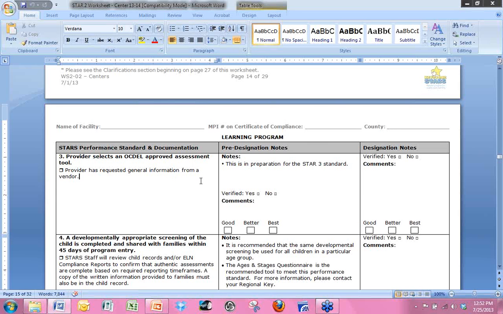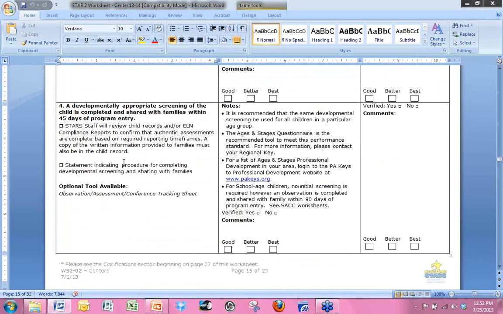Okay. The next one is that a developmentally appropriate screening of the child is completed and shared with families within 45 days of program entry. This is one of the standards that, when we do these cohorts, a lot of people have struggled with, so we sometimes plan a whole 2-hour session just around this standard. But just to go over it briefly,